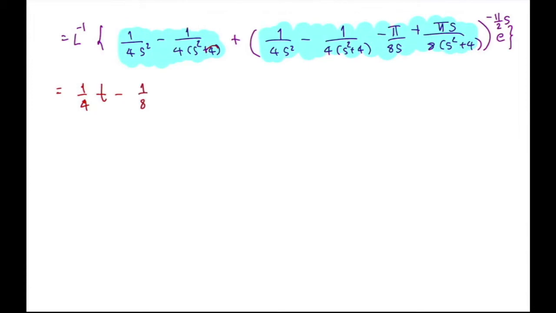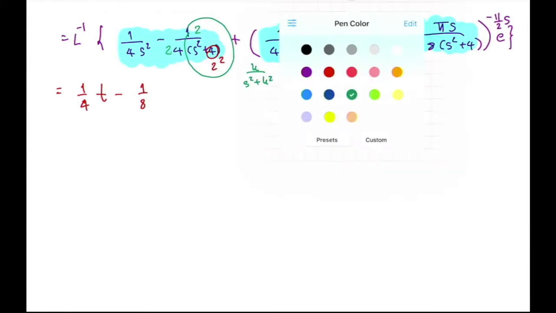Don't forget guys, this is 2 squared. Okay, that will be 1 over 8. Why? Because we need to put 2 here and 2 here as well, so that this forms k divided by s squared plus k squared. Okay, that's why we get 1 over 8. Okay, minus 1 over 8